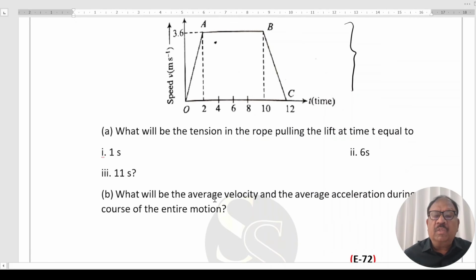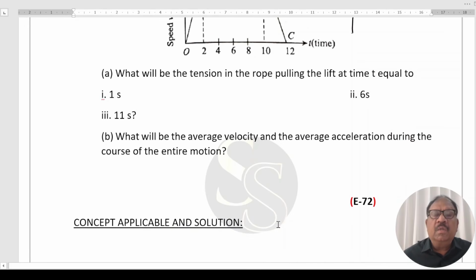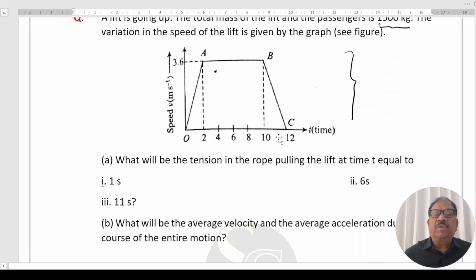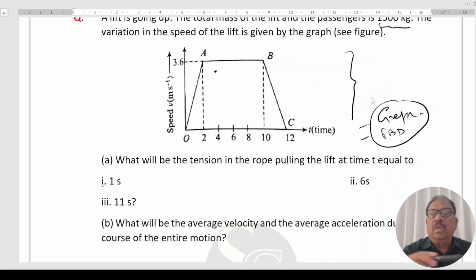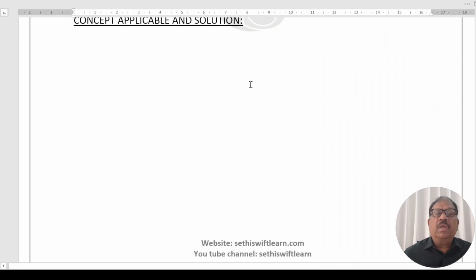Second part, what will be the average velocity and average acceleration during the course of the entire motion? Through these illustrations, the basic concepts of graphical questions and free body diagrams will be clear. Now, we have to find the tension. Tension means